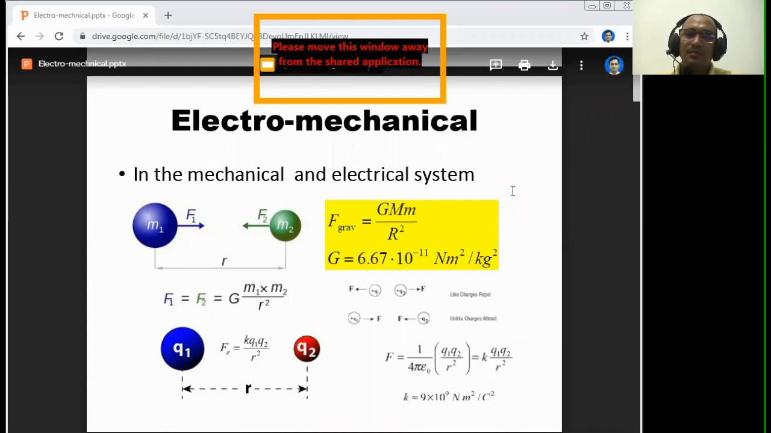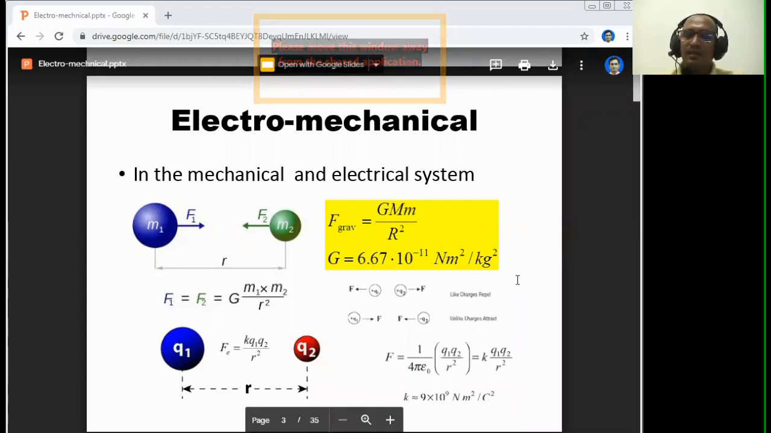So Fe is inversely proportional to 1 by r squared, and this proportionality constant k, you know, is 1 by 4 pi epsilon. Epsilon naught is determined whenever the space is free. Whenever there is a permittive space or any medium, there is some relative permittivity, then it is no more epsilon naught, it is epsilon r and epsilon naught. So that is the relation between the mechanical system's force of action between two massive bodies, and the electrical system's force of action between two